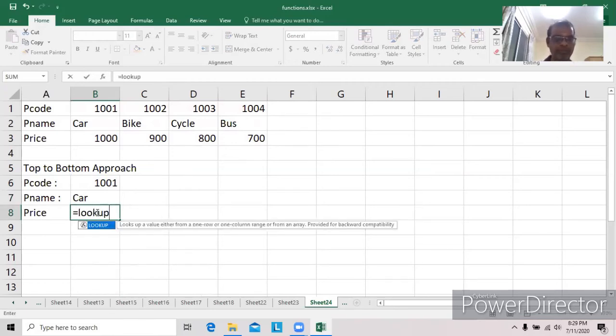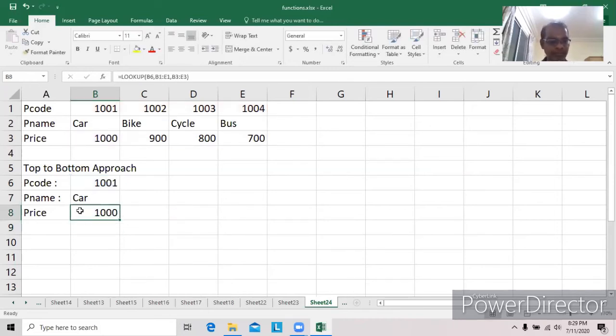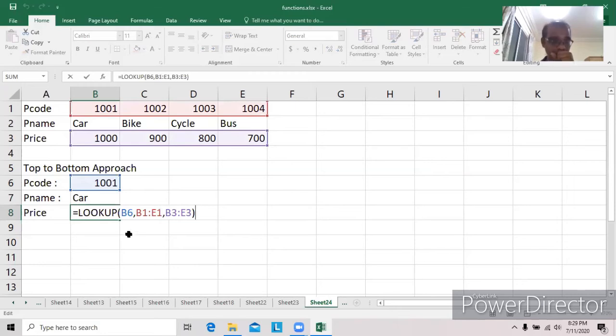Similarly here, lookup, here B6, comma. Lookup row is B1 colon E1, comma. Result is B3 colon E3. So here D6, that is 1001. The lookup function searches for 1001 in B1 to E1, that is the topmost row.